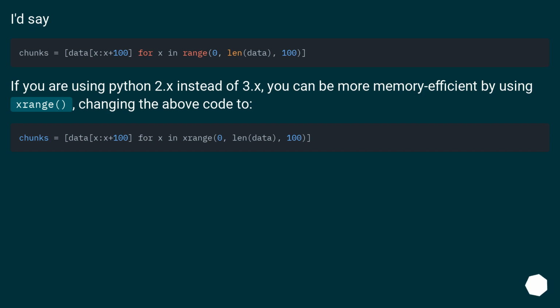I'd say, if you're using Python 2.x instead of 3.x, you can be more memory efficient by using xrange, changing the above code to